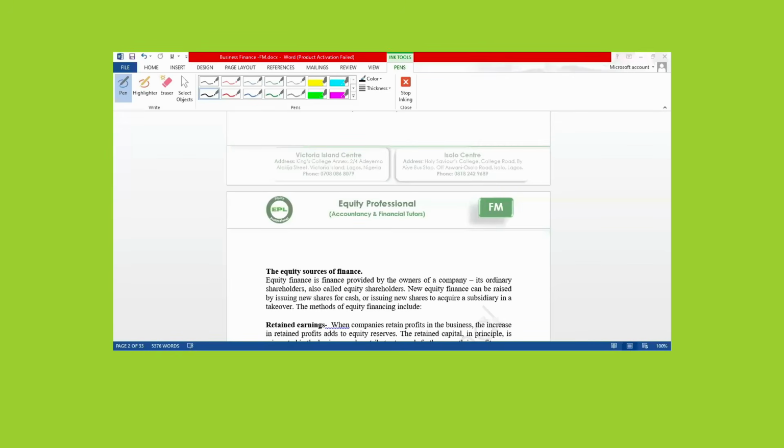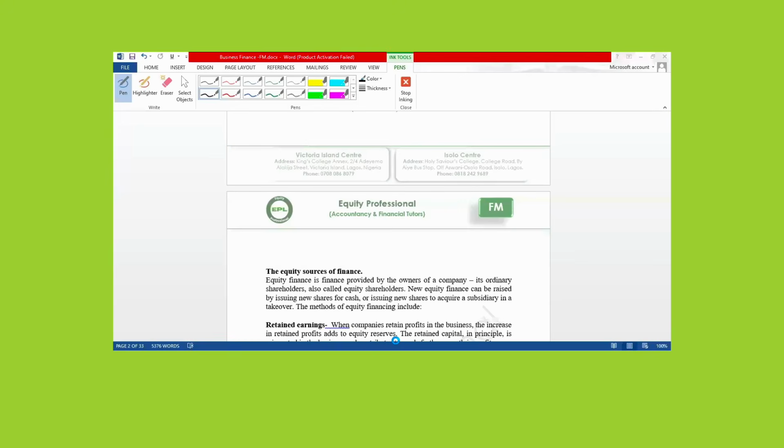So we are looking at long-term funds. Finance we can use for a longer term period. Some of these, what is equity funds? Equity fund